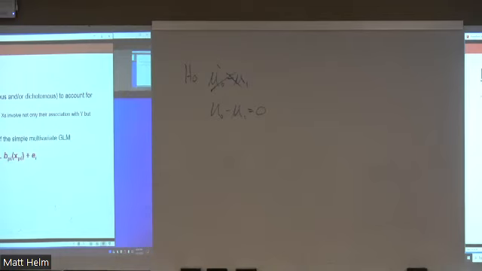Multivariate regression is just a straightforward application of our simple multivariate GLM. We've got one outcome, and we just use a whole lot more predictors in modeling it. So I've got my expected value of y equal to my intercept, plus weight for x1, plus weight for x2, plus weight for x3, and so on and so forth. We have our error term at the end. My intercept is the expected value of y when all predictors are held constant at 0.